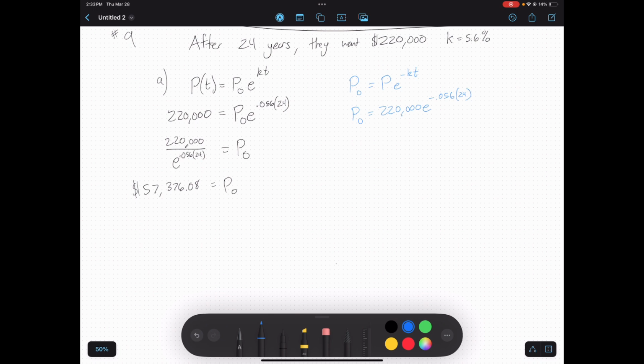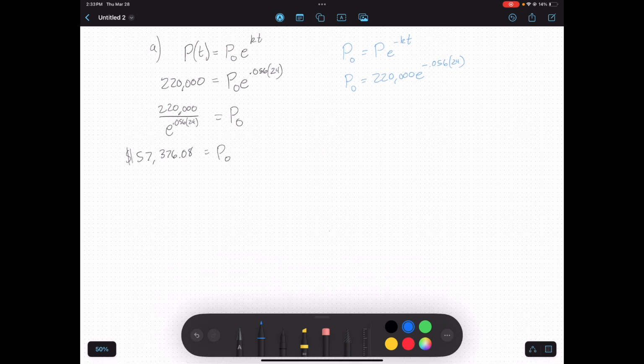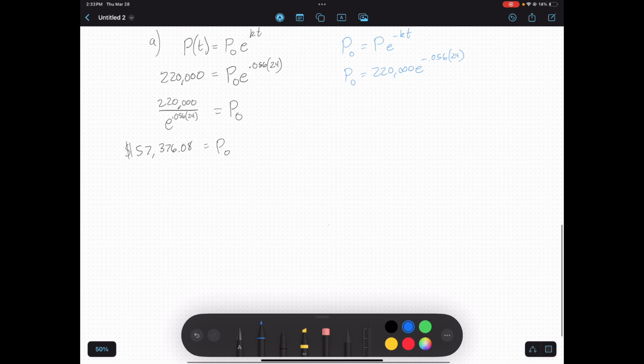But let's say that these poor grandparents don't have that much money laying around, so they can't actually make this initial investment. So instead they think, what if we just contributed a certain amount each year so that it matured to $220,000? Well, what does that sound like? That sounds like accumulated future value. So if I look at my accumulated future value formula,